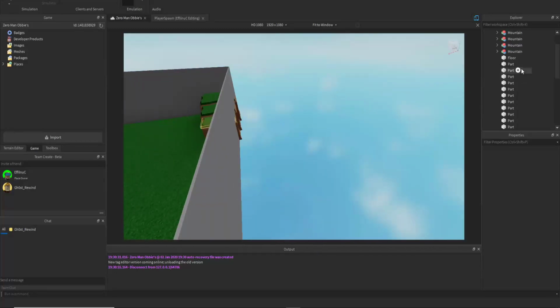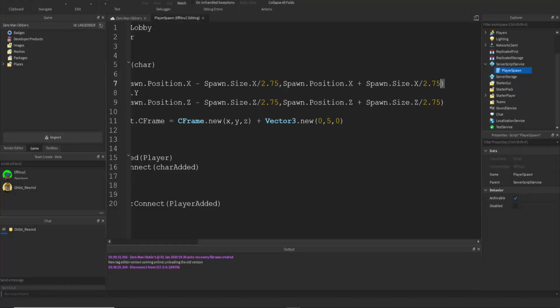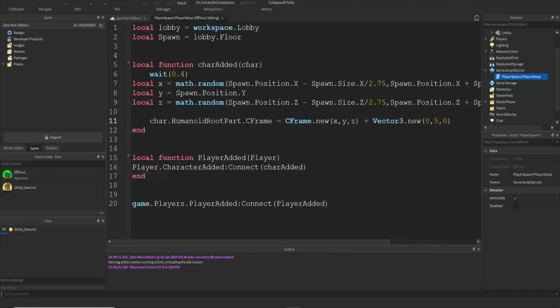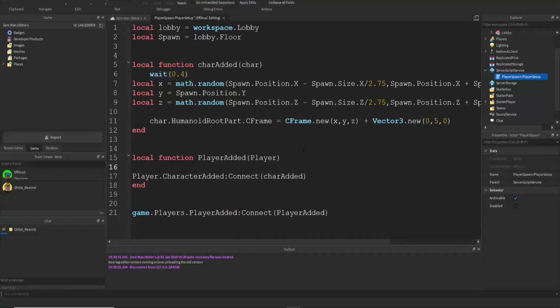Okay, what else can we work on? I'll work on player points and things like that. Player spawn, player setup. So we can go ahead and create our variables. So we can do local